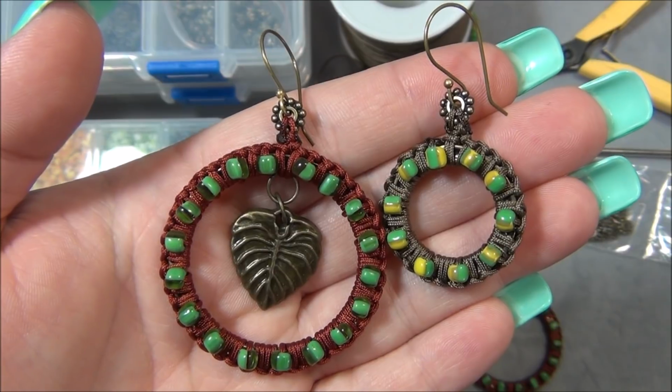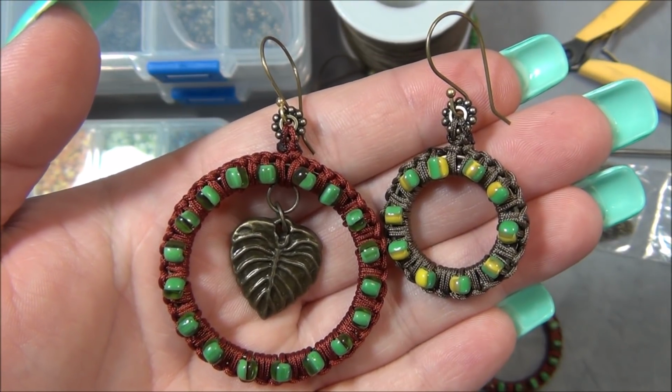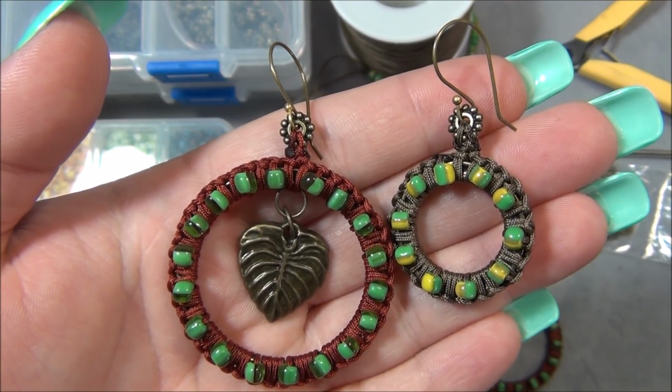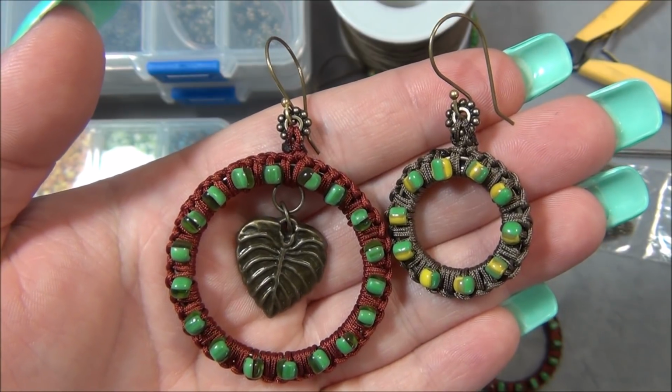For this tutorial, I'm going to show you guys how to make these really neat bead crochet hoop earrings. So a few months ago, I filmed a video showing you guys my chain collection, and I told you where I like to buy my chains from, which is thrift stores and yard sales, in case you didn't see that